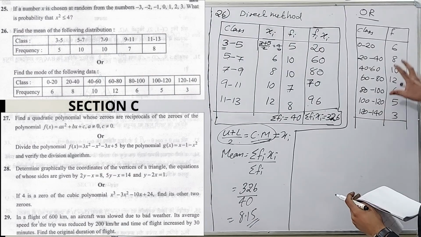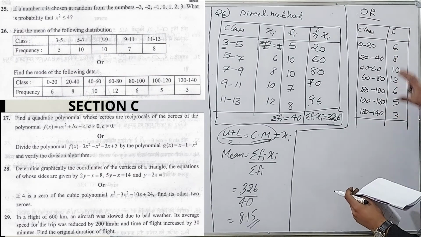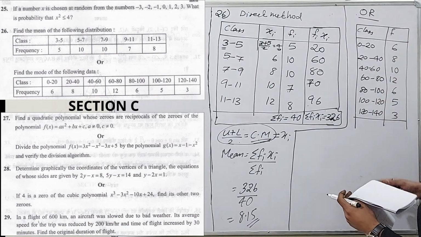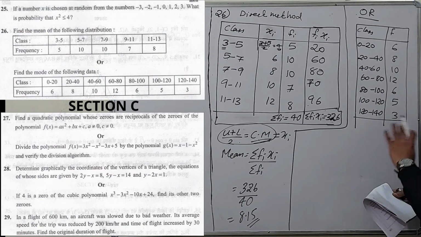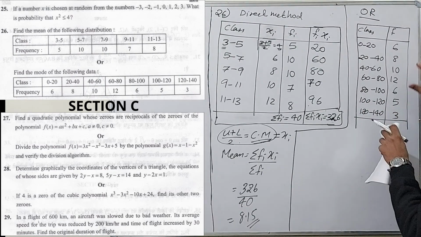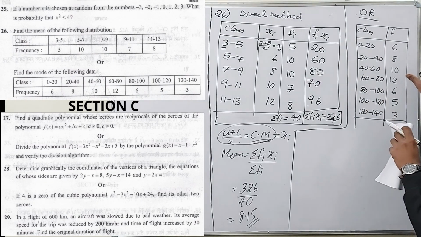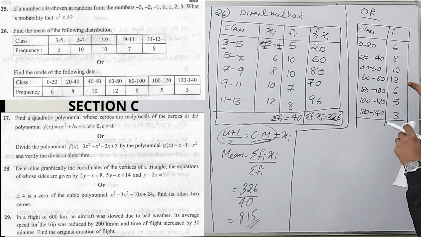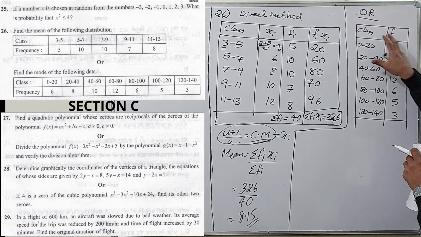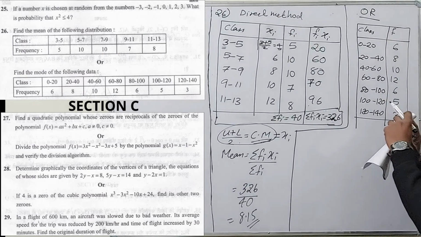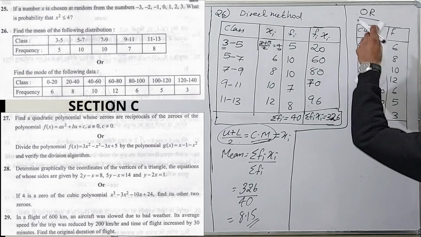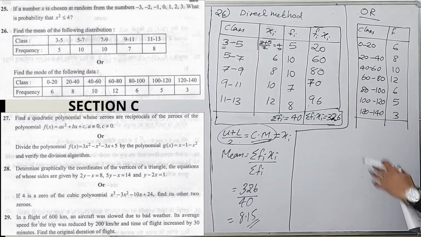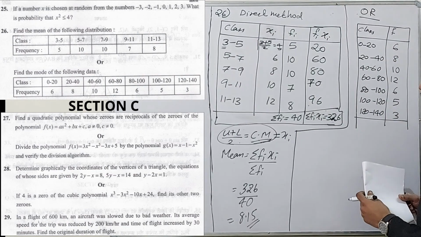Okay, an internal option is given for this question. Here we have to find the mode of the data. So for calculating the mode, we don't need to draw any table for that. Here I just made the question. You don't need to draw the table for calculating mode in the answer paper, but the table is given horizontally. So I just made it vertical because there was no space. Okay, we don't need to make any table for this one.